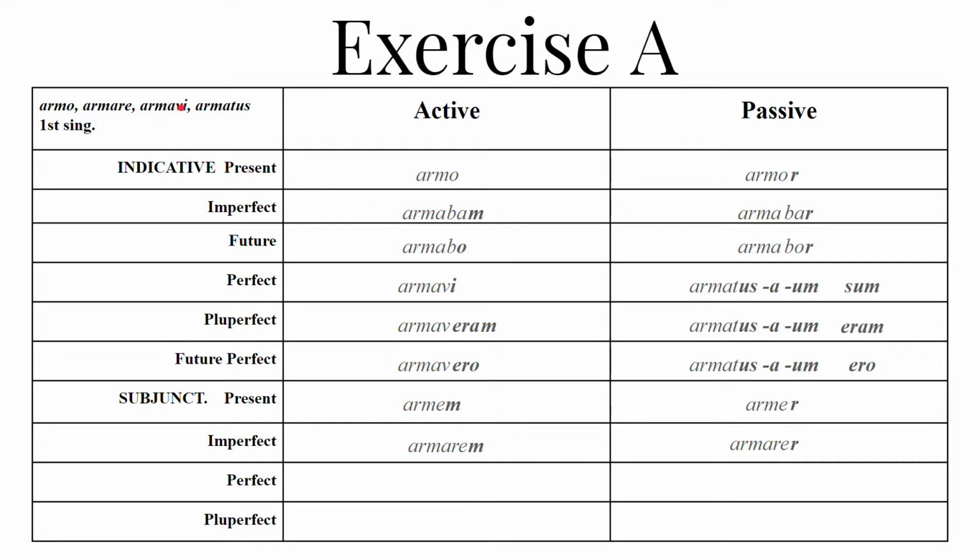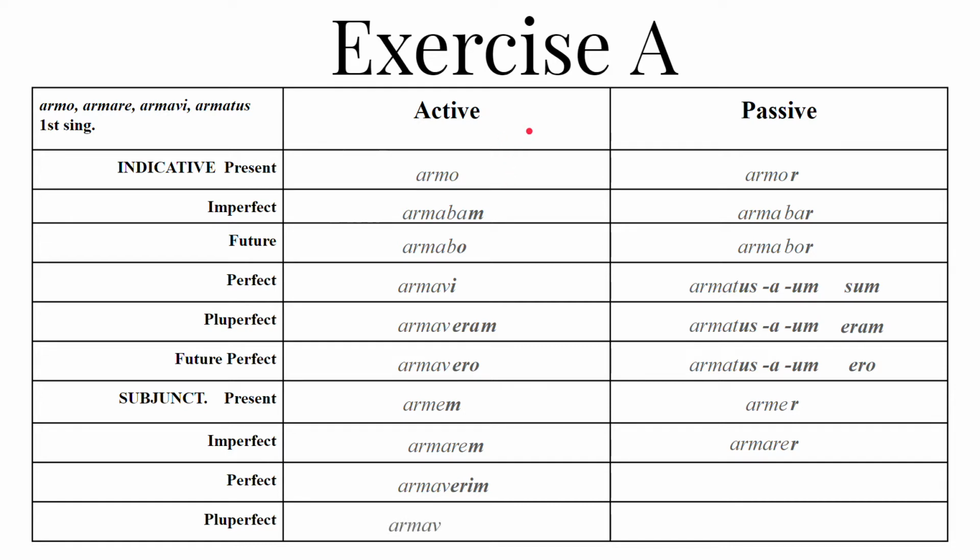For the perfect and pluperfect active, we're going to be working with the perfect stem. Third principal part, chop off the I. So armav. And then you add the endings for the perfect subjunctive. Erim, eris, erit, erimus, eritis, erint. They look a lot like the future perfect in most instances. So this is just erim, armaverim.